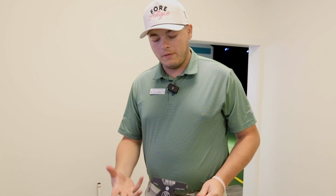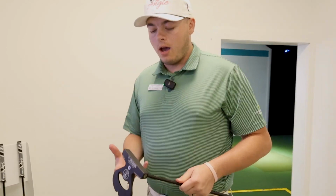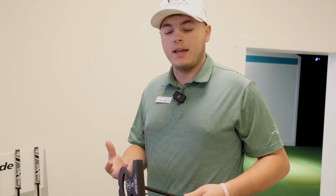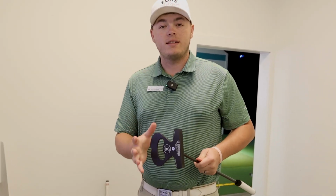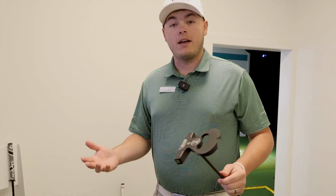So initial thoughts with the first one, it is a pretty big shape behind the ball. Although weight-wise, it's actually not very heavy. So it's got a good feel to it, and acoustically, I'm a big sound person. It's not giving you a harsh click or a thud. It's actually got some nice acoustics to it. So even though, yes, size-wise it is large, it feels kind of like my traditional blade that I currently putt